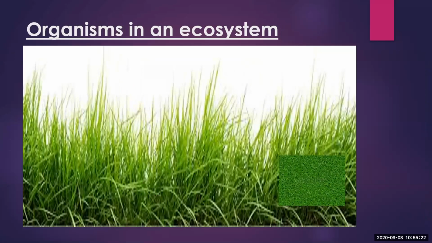Now we will see here grass. Grass are the producers. It means all green plants are the producers only, as they can make their food on their own with the help of... What is the source of making the food for plants? The Sun is the main source for the plants to make the food by the process known as photosynthesis. So the plants are known as what? Producers.